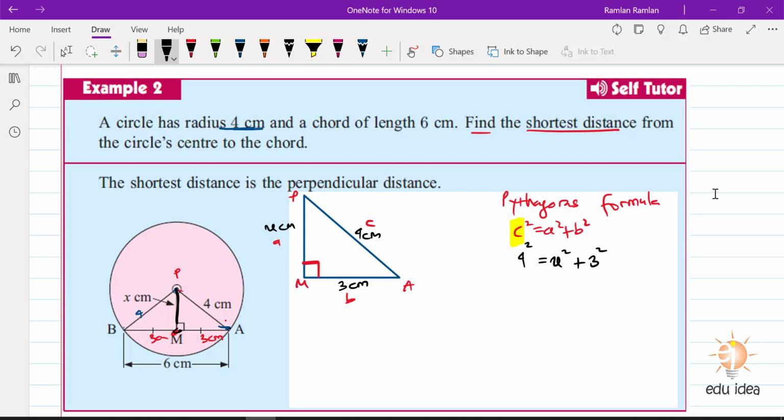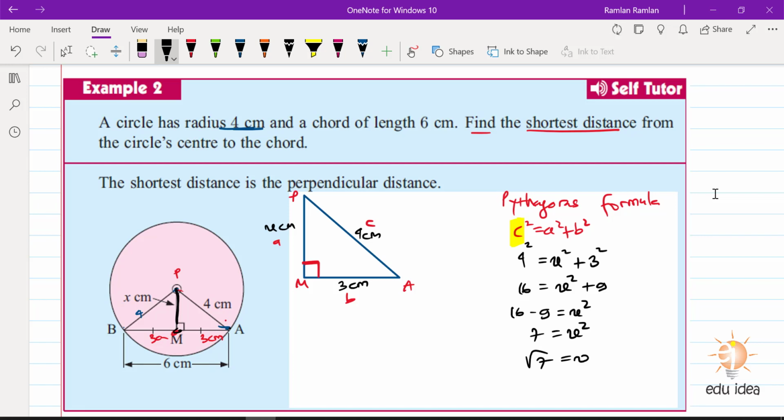So we can subtract both sides by the... Okay, so maybe I'm going to just square this one. 4 squared is 16. X squared stays x squared, and then 3 squared is 3 times 3, which is 9. And then I'm going to subtract both sides by 9. So this is 16 minus 9 equals x squared, and then 16 minus 9 is equal to 7. This is x squared, and then I'm going to square root both sides. There we have the square root of